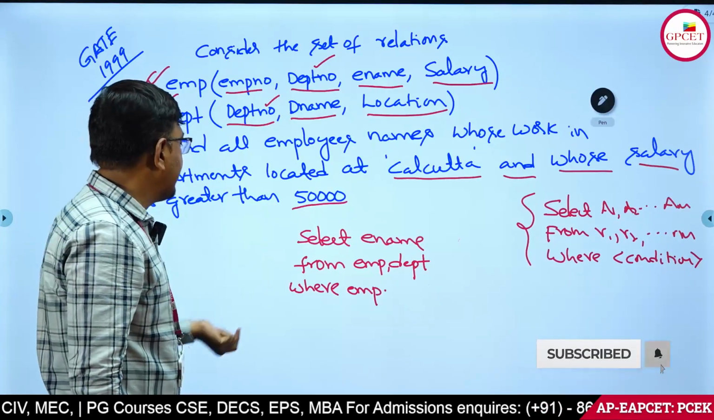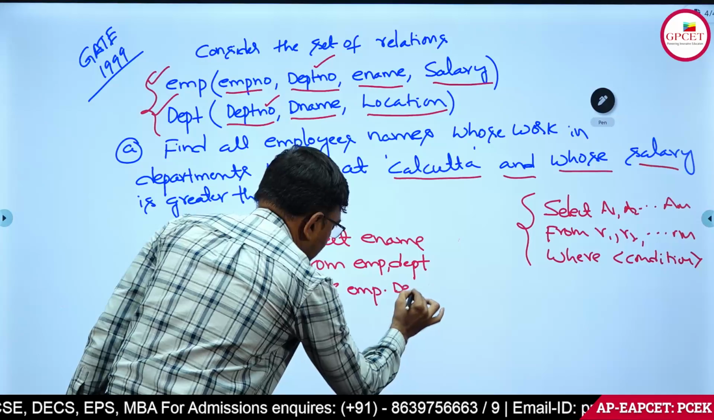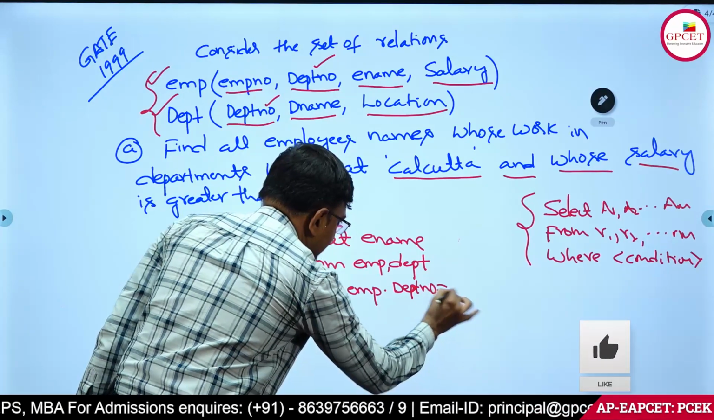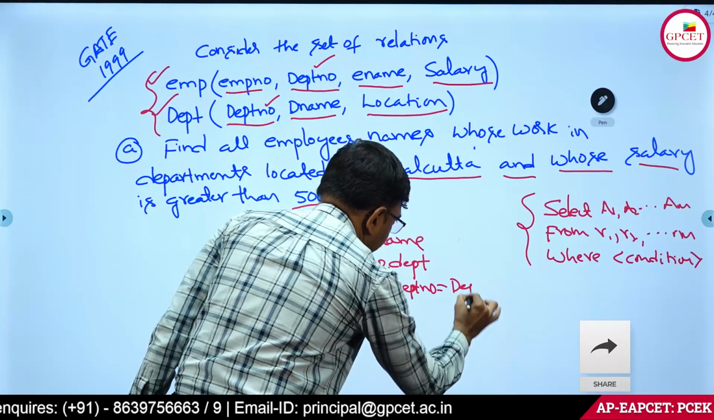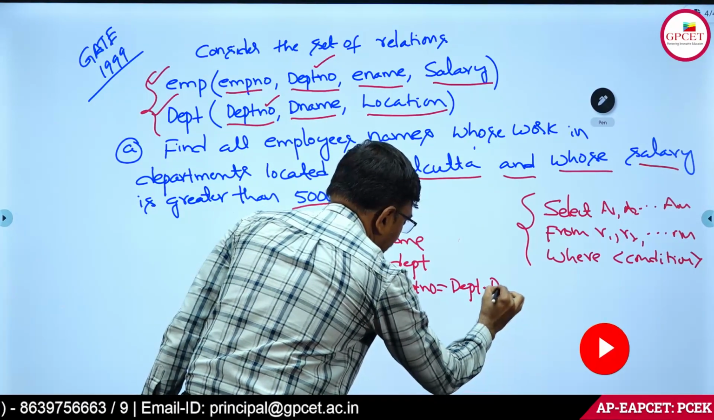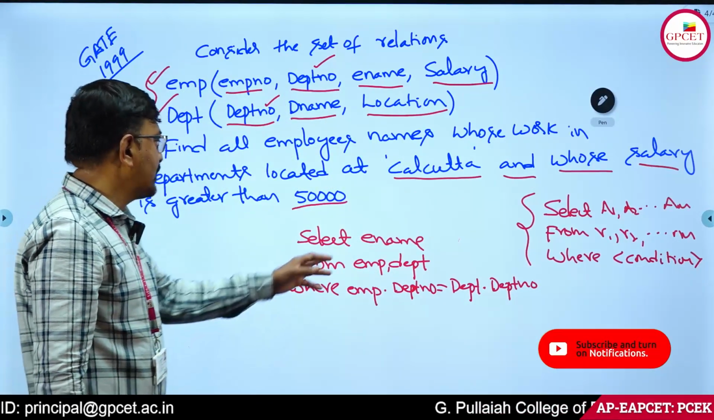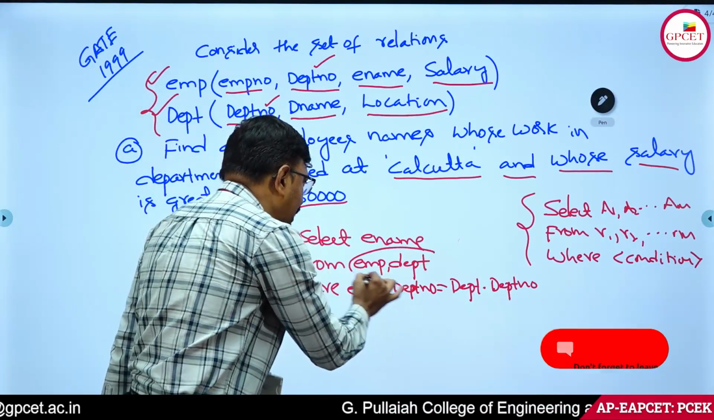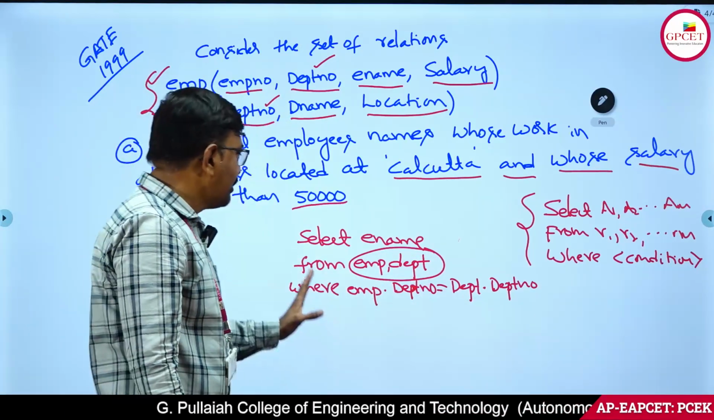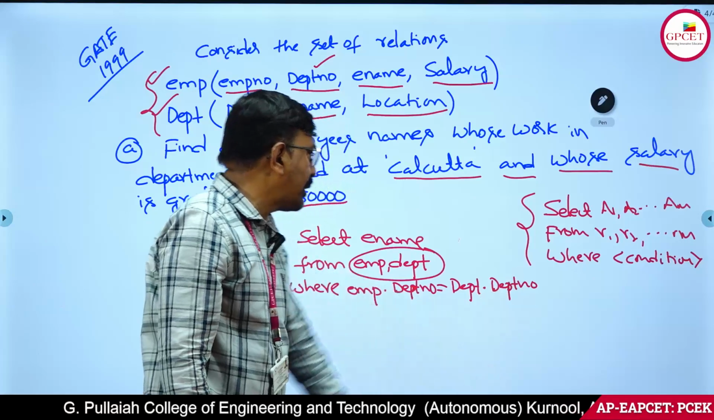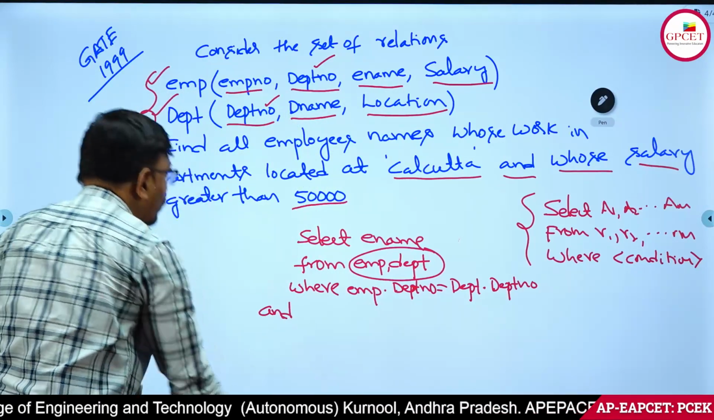That's why we choose WHERE EMP.department number is equal to department.department number. What is the first? These two tables form the internal operation, a cross product. And what is here? The condition. What is the condition? WHERE EMP.department number equal to department.department number,